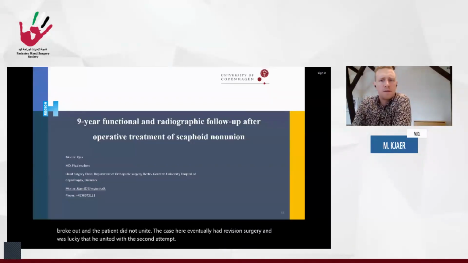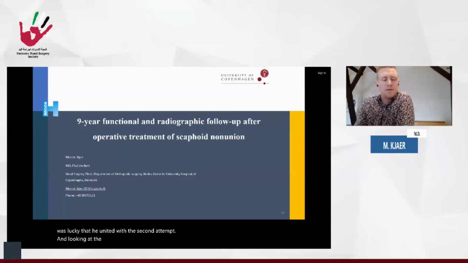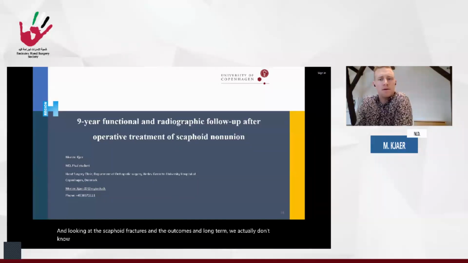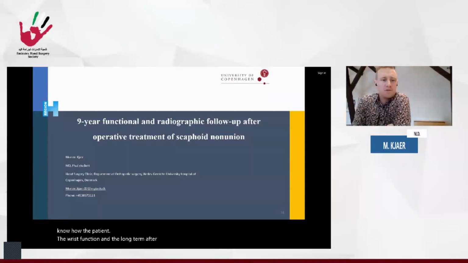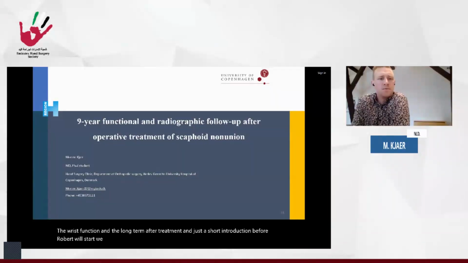And looking at the scaphoid fractures and the outcomes in the long term, we actually don't know the wrist function in the long term after treatment. And just a short introduction before Robert will start. We looked at the functional and radiographic follow-up 9 years after treatment of scaphoid non-union, because we know that if